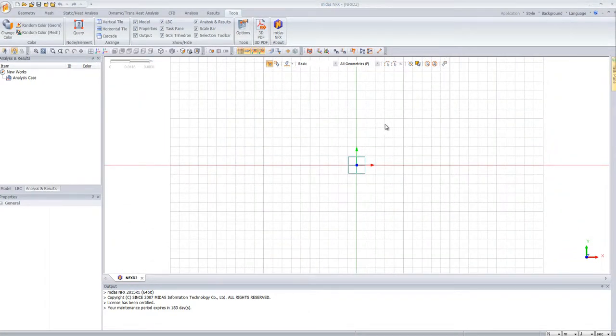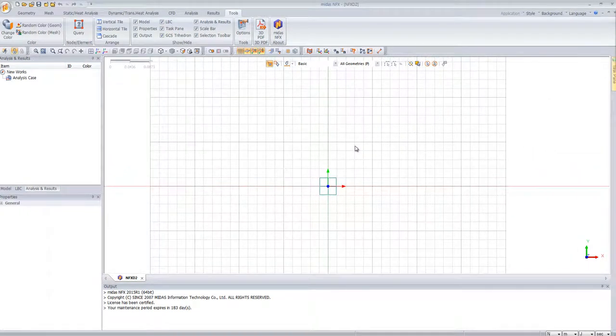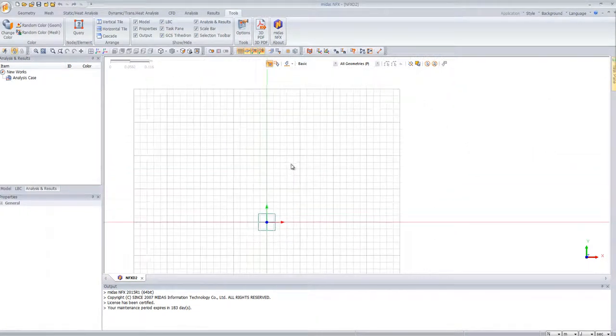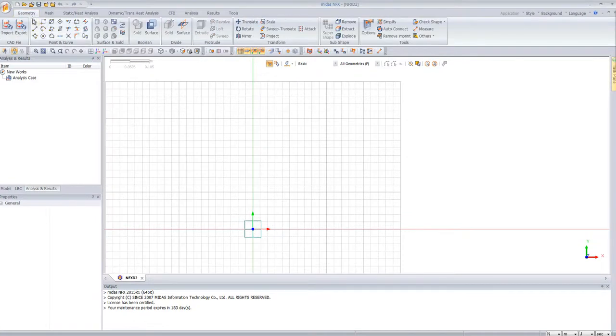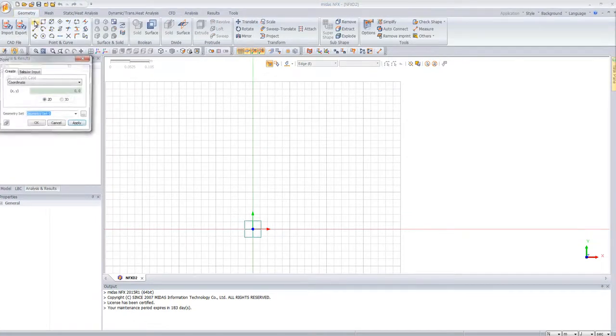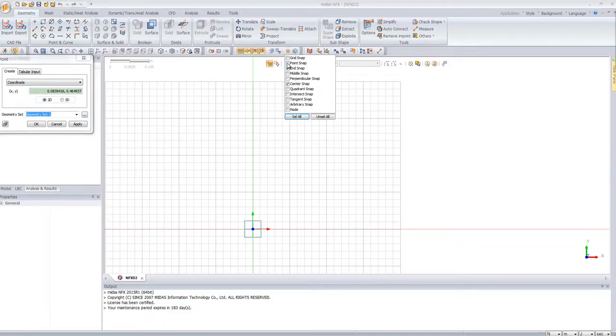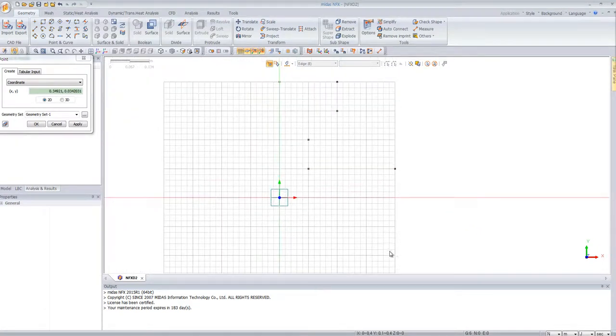So now let's build the model. The model will be an inertial impactor. It's a very famous problem and probably you will recognize it. Let's create some points on the grid that will represent the boundary. I can just click on the right points like that to create one point here, here,